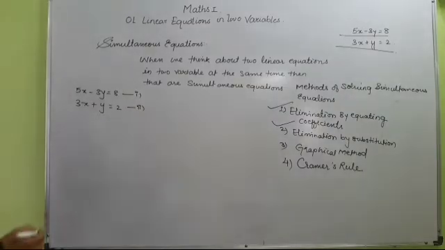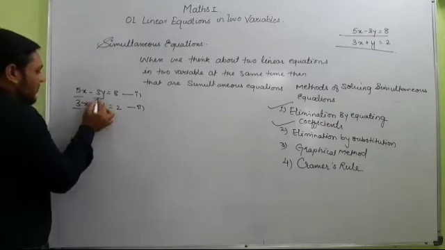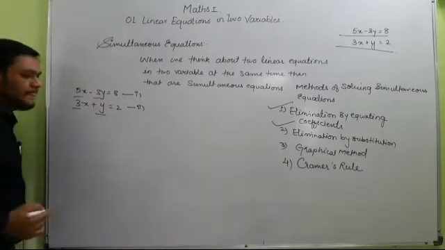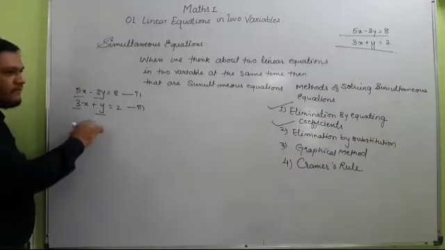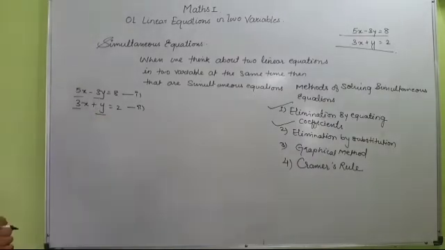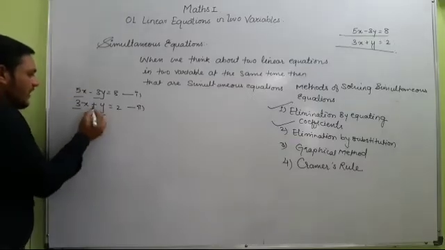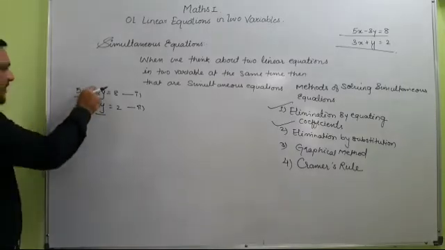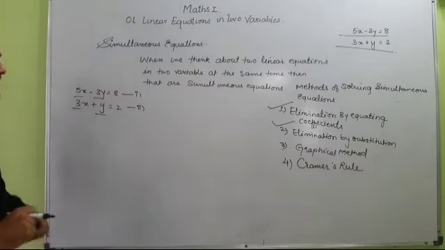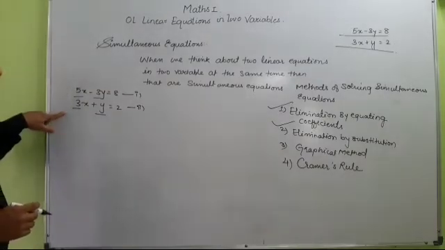Students, if you observe 5x and 3x, and then 3y and y, it is very easy to equate the coefficient of y here, instead of equating the coefficient of x. If the coefficient of y in the second equation is 3, then this negative 3 and positive 3 will be eliminated, and out of that we can find the value of x.